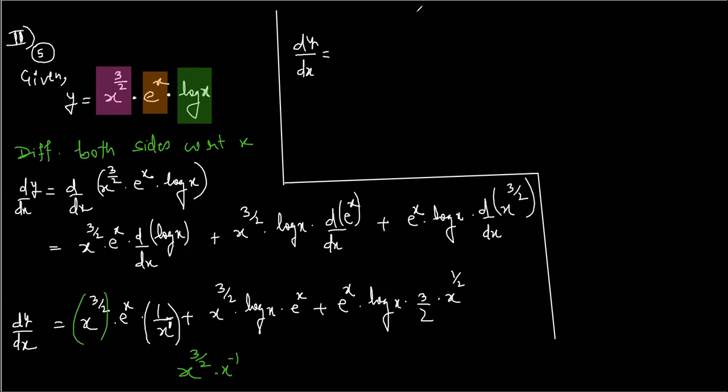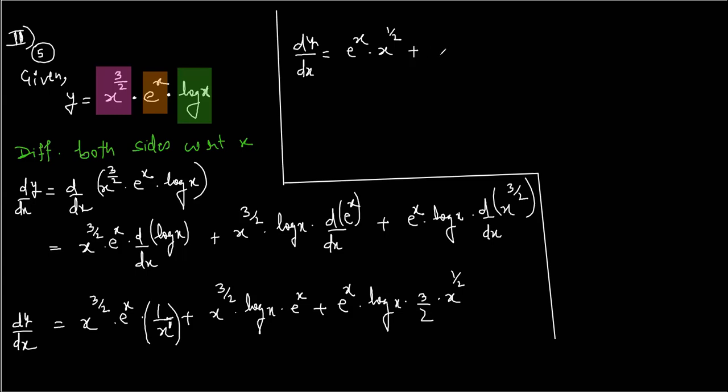Okay. So what will be the next step? It will be x to the power 3 by 2 minus 1, because the bases are the same, so the powers will be added. 3 by 2 minus 1 is 1 by 2, so you will get x raised to 1 by 2. So I get here e raised to x into x raised to 3 by 2 into x raised to minus 1, which is x raised to 1 by 2,